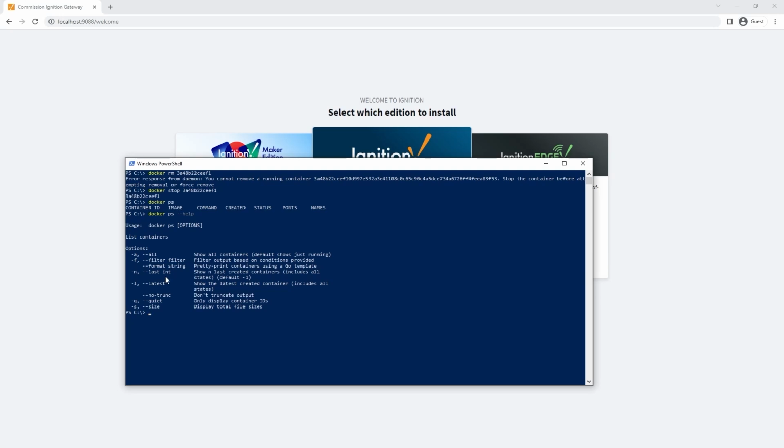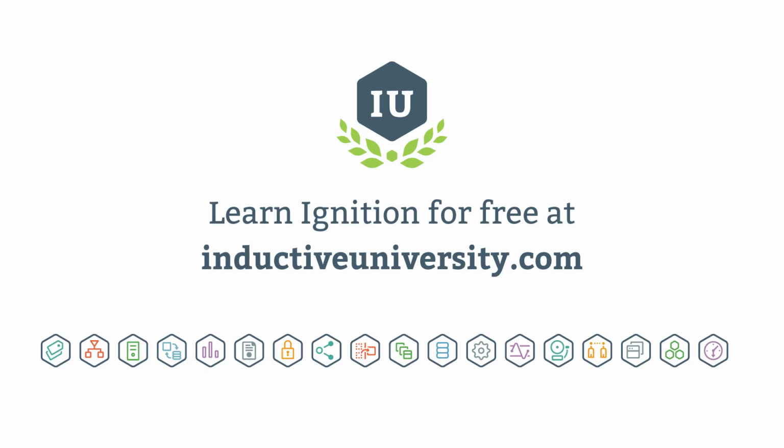So let's try docker ps again with the -a option. And this time we'll see our container, and under status, we see that it exited and it's no longer running. Now let's try removing it again. We'll run another docker ps -a to confirm. And there we go. Well, that's the lesson here. Now that we have a basic understanding of creating containers, along with stopping and removing them,